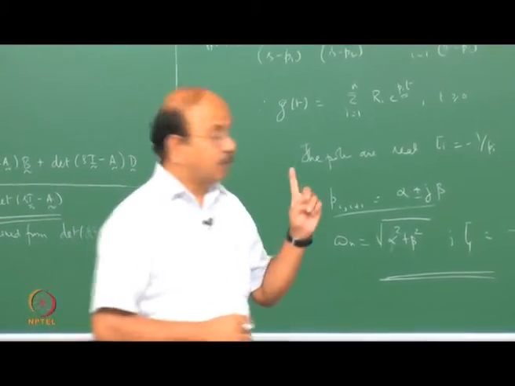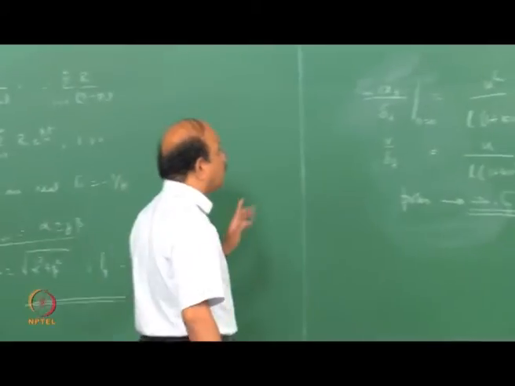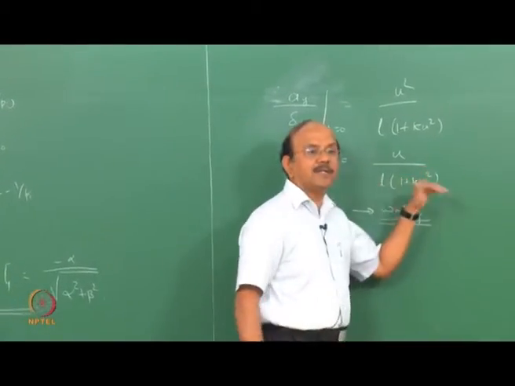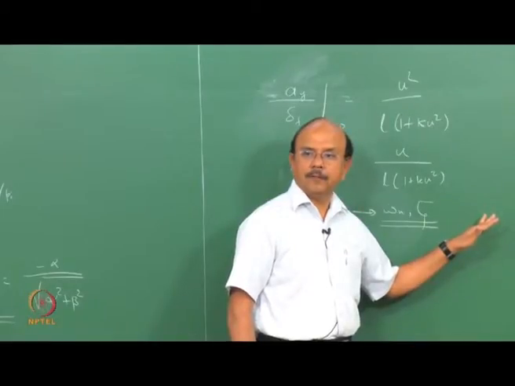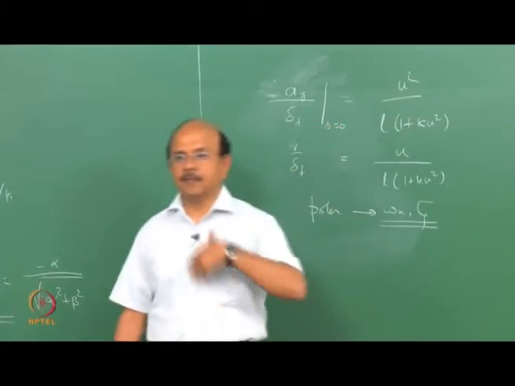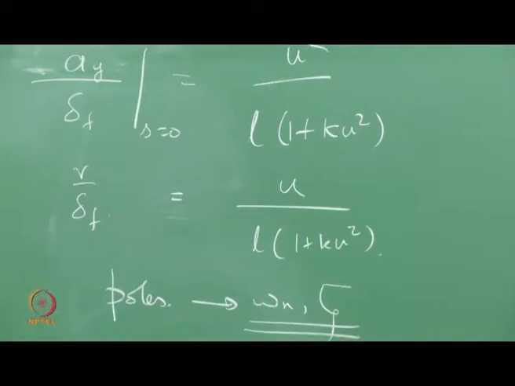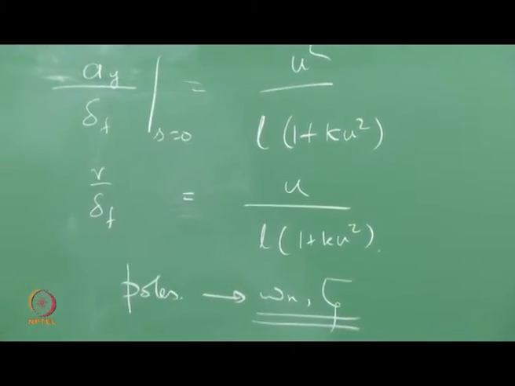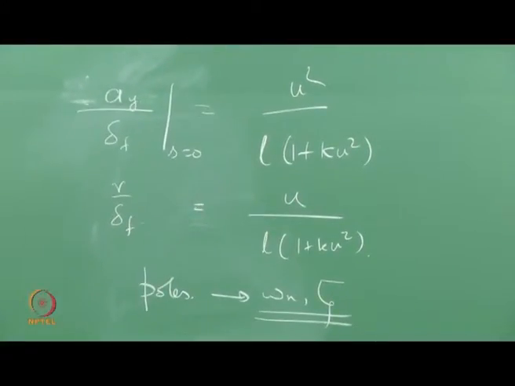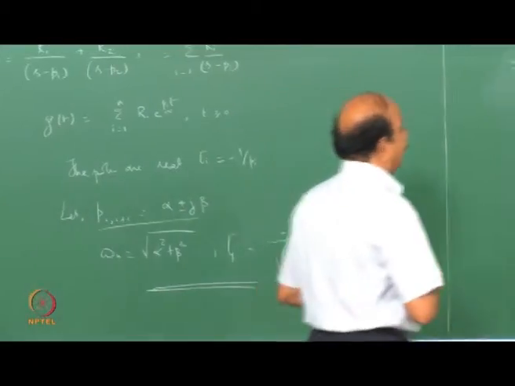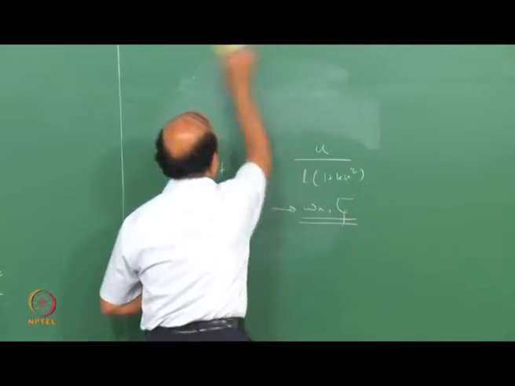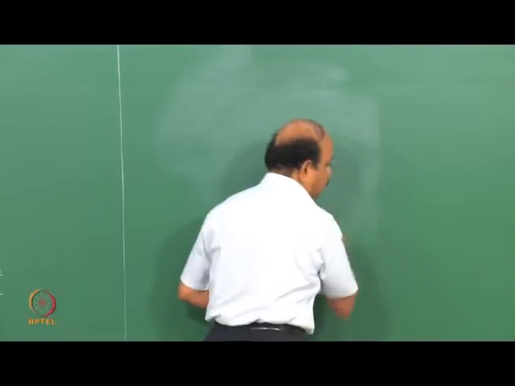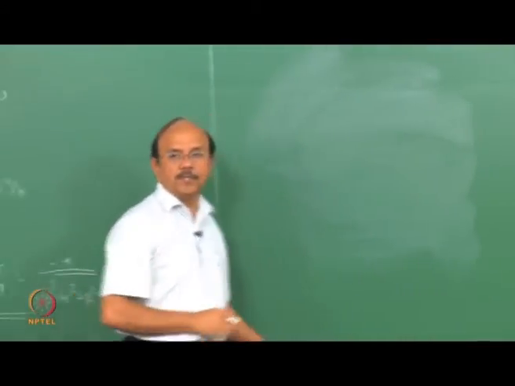One of the things I promised is that we have to look also at what are called the zeros. What are zeros? The numerator. The same thing you did with the denominator, you do with the numerator. We have not looked at the zeros yet. We will have a very interesting thing: what happens to the zeros? We will do that after we finish this derivation.